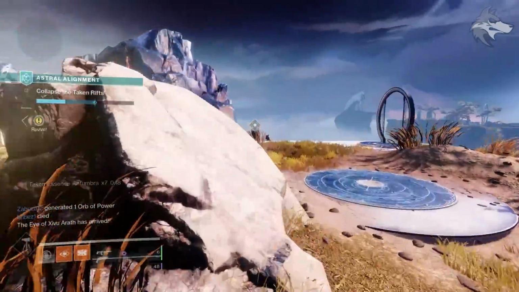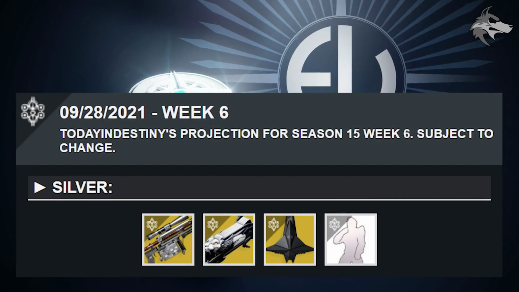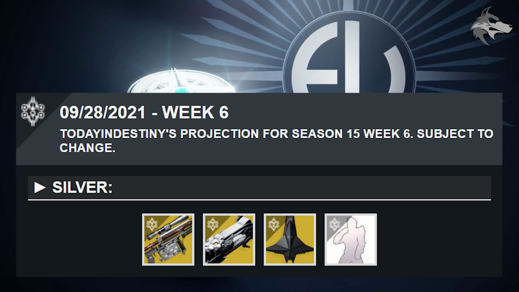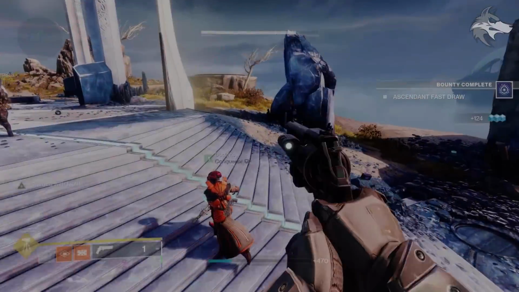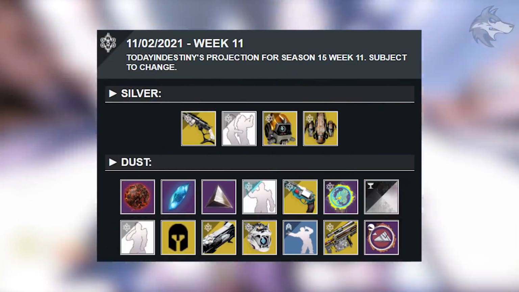for Bright Dust. On week 6, so the 28th of September, we're going to see the Laden Lance ornament for Cloudstrike, as well as the Nemean Chariot exotic sparrow and the Archangel's Might exotic ship. Then the Double Hands Dance legendary emote. That'll be the first time they've been sold for silver, but on week 11, we will see the Nemean Chariot